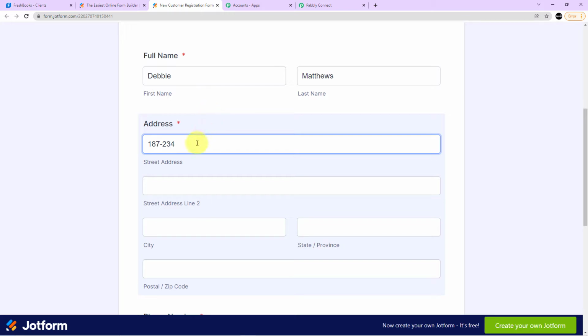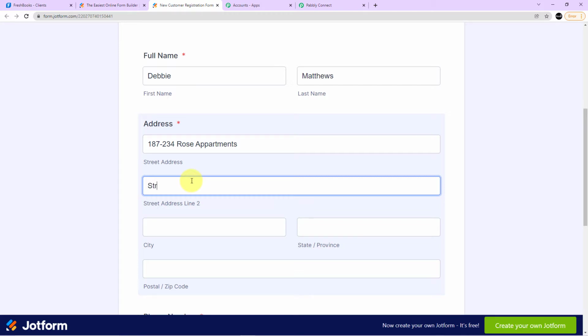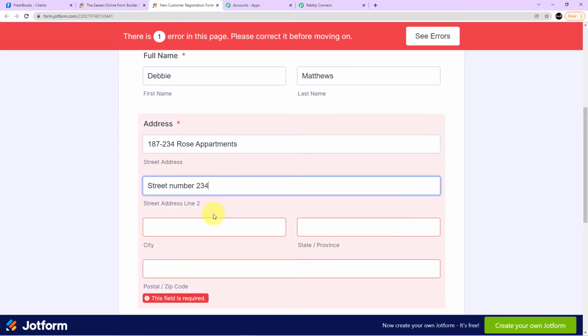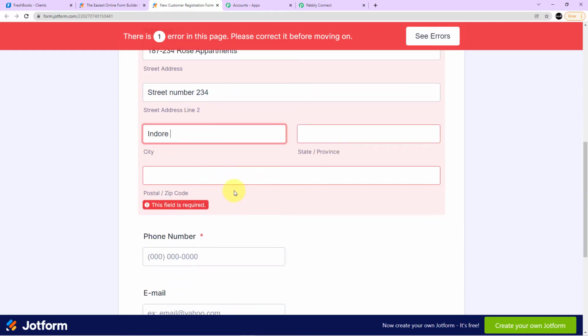187/234 Rose Apartments. Street address is street number 234. City is, let me go for Kolkata. Okay, not Kolkata. Let me go for Indore. That is one of my favorite cities. State is Madhya Pradesh. Zip postal code is